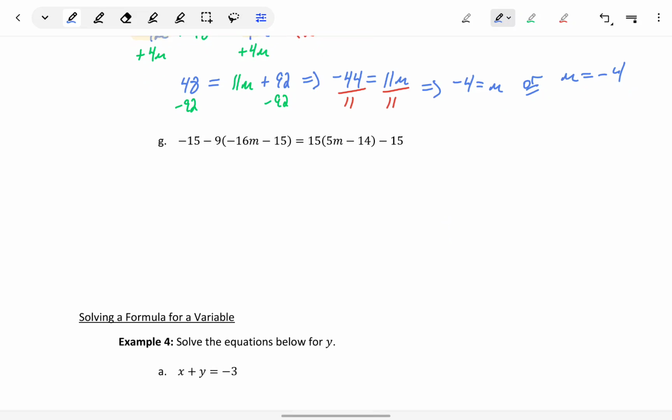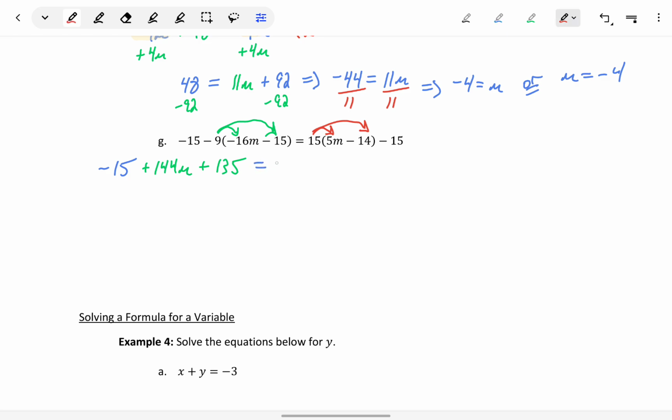Part G is equally complicated. We just have the expressions in a different order. On the left-hand side, we still have a distributive step, and on the right-hand side, we have a distributive step. So we'll take care of that first, and then after that, look at combining any like terms. This means that on the left-hand side, we'll have negative 15, and after distributing, plus 144m plus 135